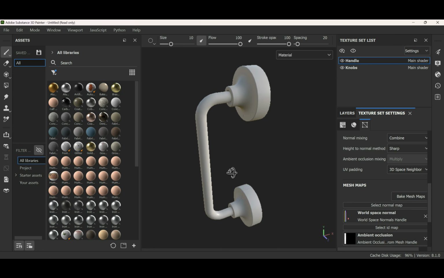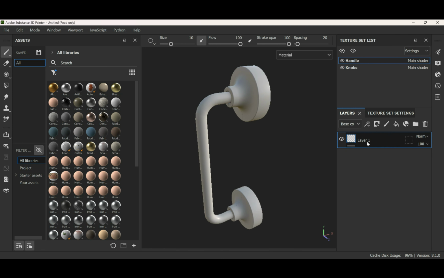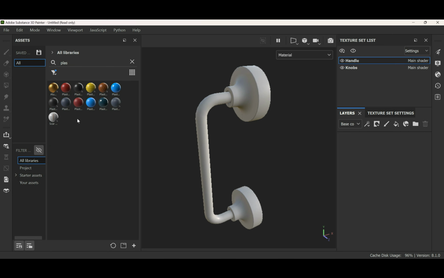Now first select handle, go to layers, delete this layer 1 and search plastic. Select this plastic grainy. Remember to search in materials. Drag and drop this into layers section. Now as you can see,